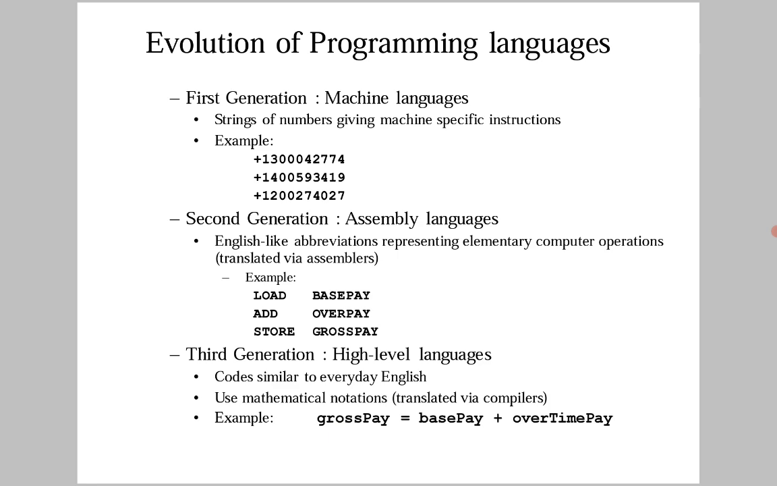Similarly, we may use mathematical notations like symbols, addition, subtraction, multiplication, operators, formulas, and expressions. For example, Gross is equal to basic pay plus overtime pay. So basically there are three types of computer languages: machine language, assembly language and high level language. Machine language is also called low level language. Assembly language is called middle level language, whereas high level languages are called